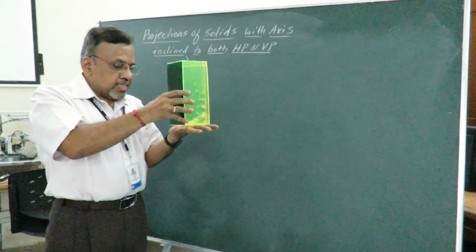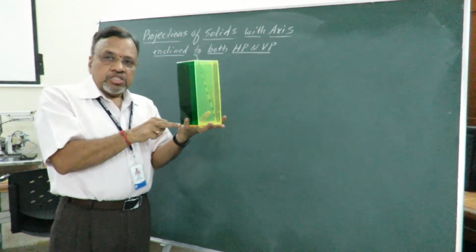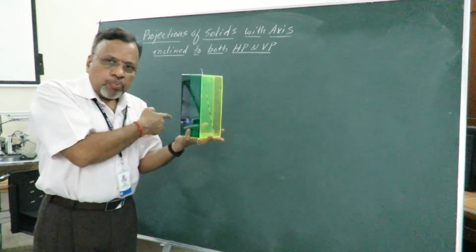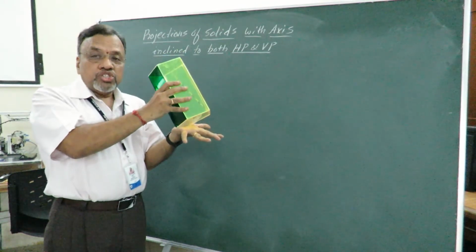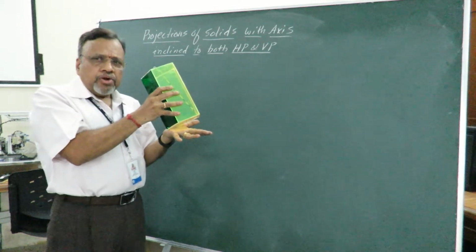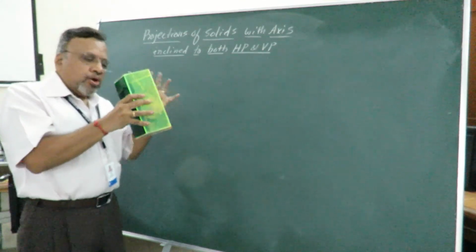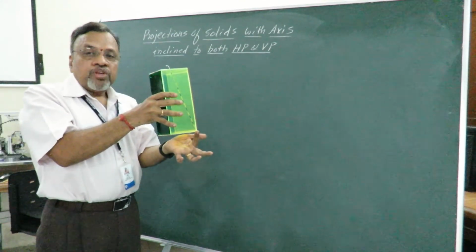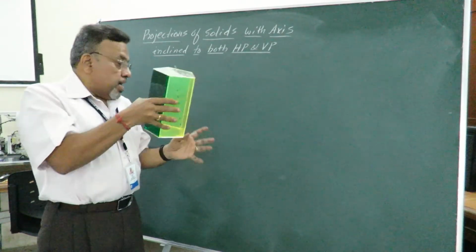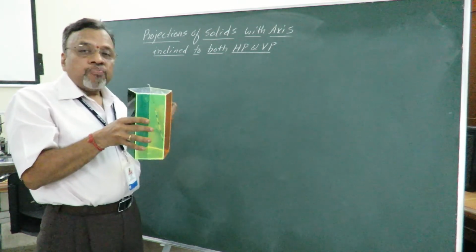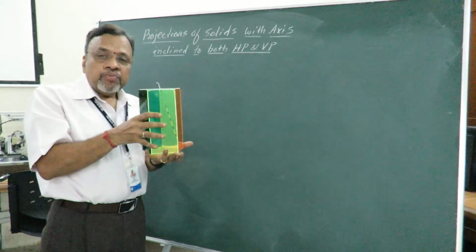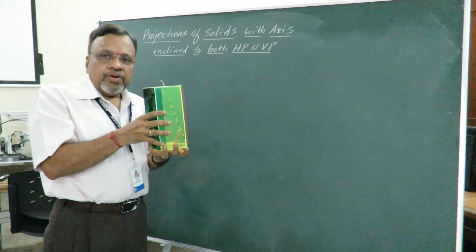Now, whenever I say that it is resting on one of the base edges on the ground, in that case, if you are writing your top view, the side which is resting on HP should be taken perpendicular to VP, or perpendicular to the XY line in the top view. Now if I say that a corner is resting on the ground or on HP, in that case, in the initial figure, I need to see that the corner containing the two sides should make equal inclinations with VP. So these two notes are very, very important.